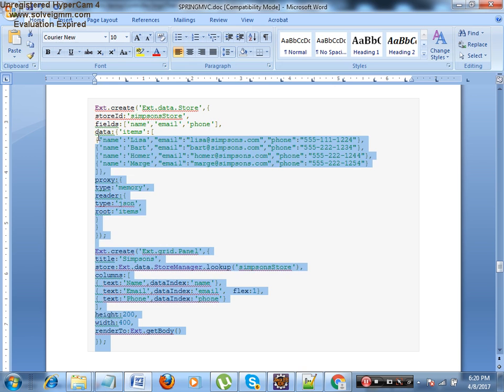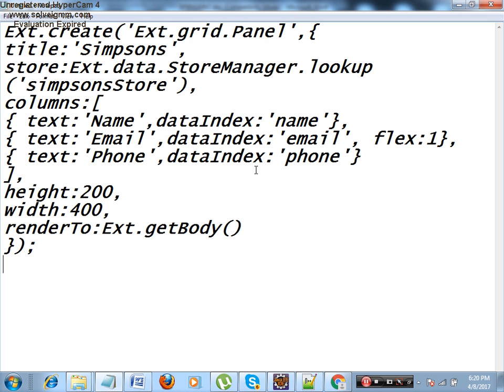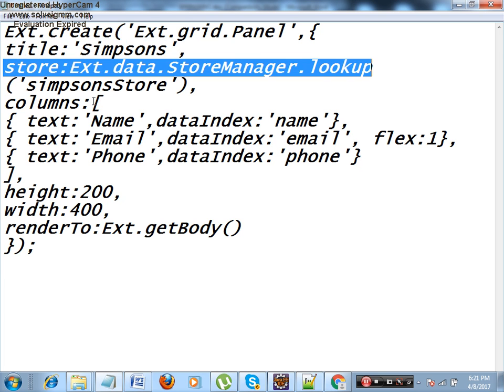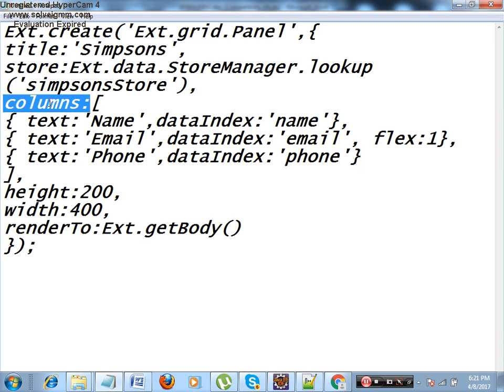Let me copy this part separately, then explain each one of them one by one. The grid component you can create in the front end. A grid is nothing but a table with columns, which has the flexibility to sort, hide, unhide. You create it with Ext.create Ext.grid.Panel, give some title to the grid, associate the grid with some store and some columns.